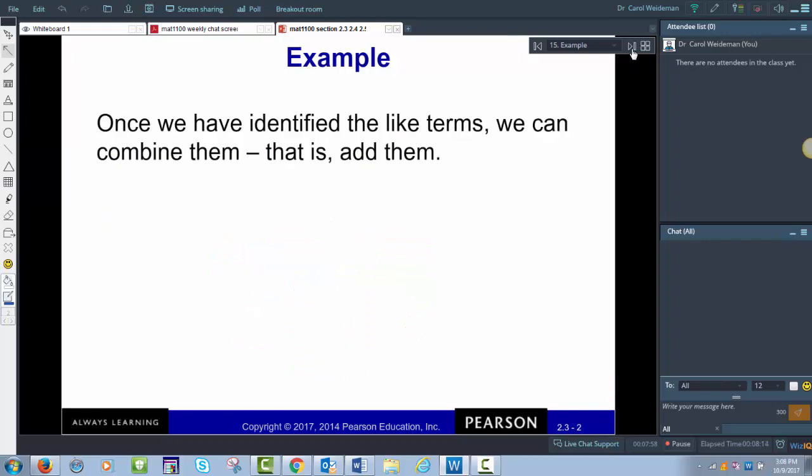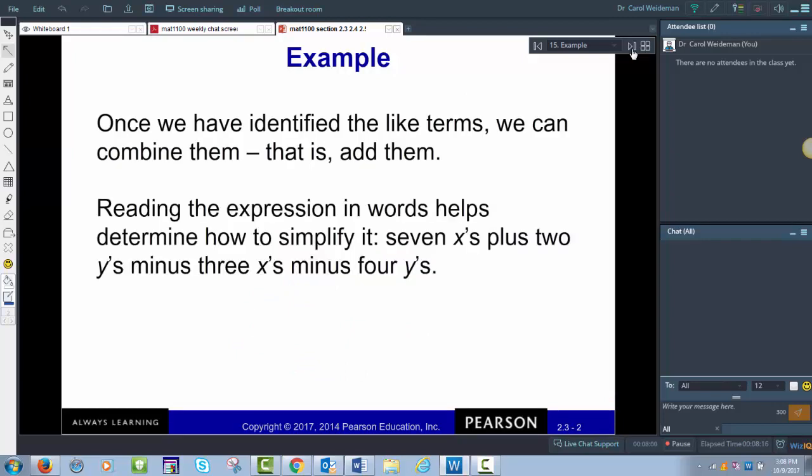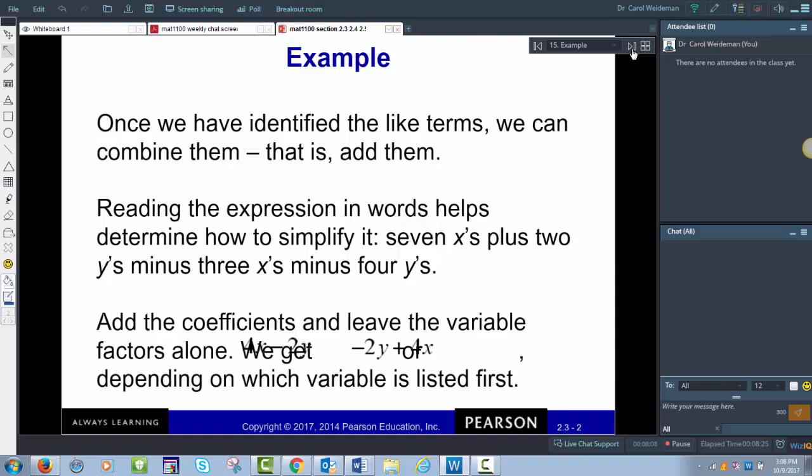So once we've identified the like terms, we can combine them, that is, to add them. Reading the expression in words helps sometimes to simplify it. 7x's plus 2y's minus 3x's minus 4y's. And add the coefficients and we leave the variable factors alone. I'm sorry, this is moved over, so we get